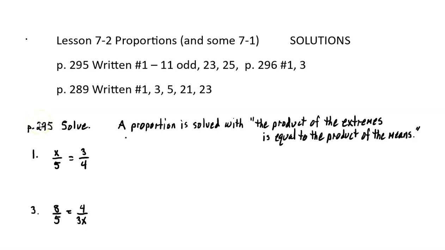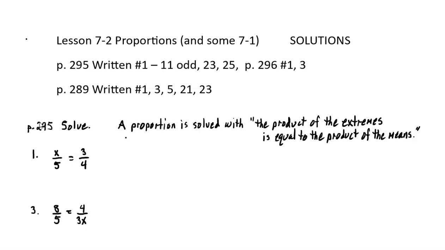In number 1, the first ratio is x over 5. The second ratio is 3/4. Notice the equal symbol in the middle. This kind of equation, in which there's a fraction on both sides of the equal, is called a proportion. A proportion is solved with a theorem that reads, the product of the extremes is equal to the product of